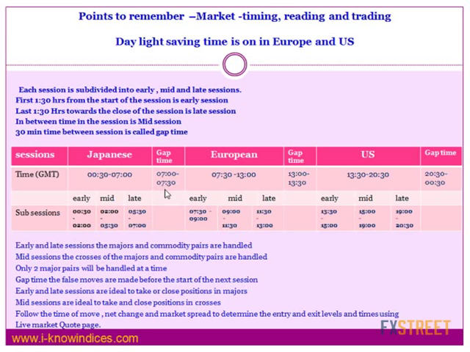So we need to understand that whenever they are making a lower level quick move, that is a buy opportunity. Whenever they are making a higher level quick move, that is a sell opportunity. And that is how we try to identify, following the times. Also keep in mind that they don't do a hat trick. That means they don't move in a similar fashion for more than 2 sessions. If they rise in the Japanese session and the European session, in the third session they will definitely make a drop.